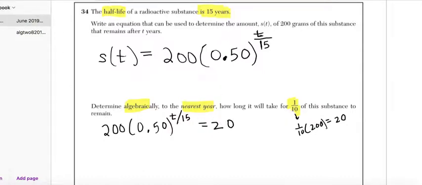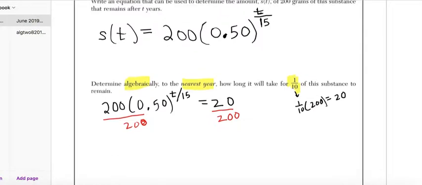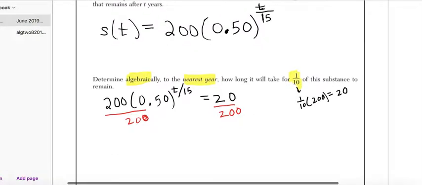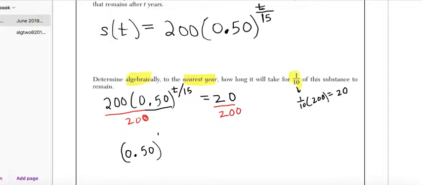The funny thing though, guys, when I divide by 200 on both sides, 20 divided by 200 will just give me 1/10 all over again. But I'll write it as a decimal this time as 0.10 or 0.1. Alright, so the 200s cancel out, and I get 0.50 all raised to the t over 15 power. I hate that this isn't coming out nicely. I'll just write the decimal like this, the fraction like this. Equals 0.1